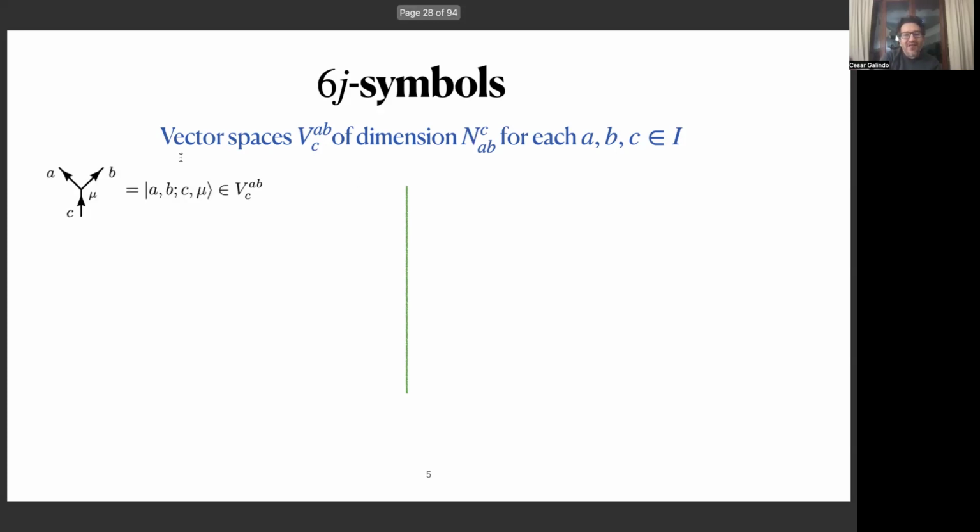And then the idea is that you fix a basis, and sometimes there is a diagrammatic notation for the basis elements. So it's a vector space with 3 labels, and there is one extra label that is given by the dimension. Suppose that this has dimension 4, so there are 4 different mu's in this particular case. And the idea is that we need, in addition, an isomorphism between this vector space that corresponds really to the